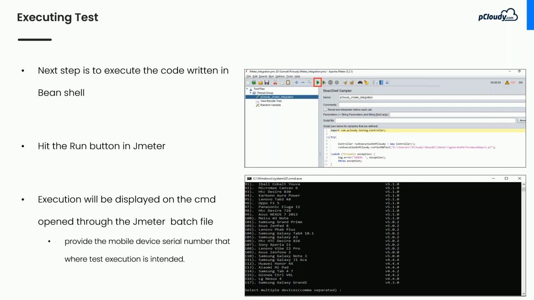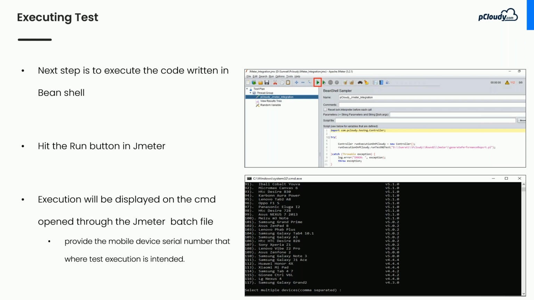Now, once this code is ready, I just have to press the run button, which is the green triangle in the red box. If I hit the run button, as Nilesh mentioned, there is an array of devices hosted on the pCloudy platform. These will be available for the users to select.